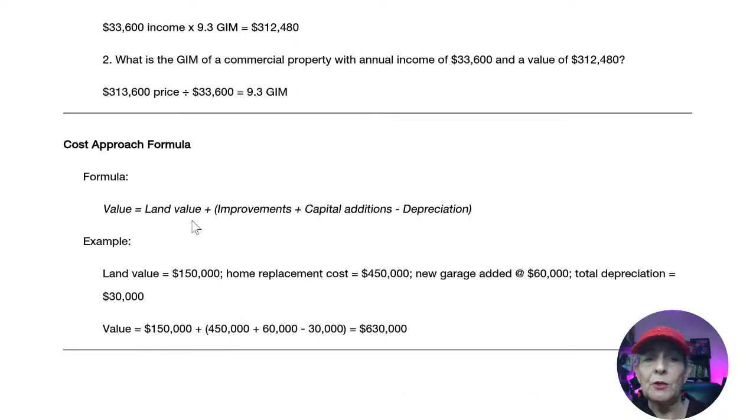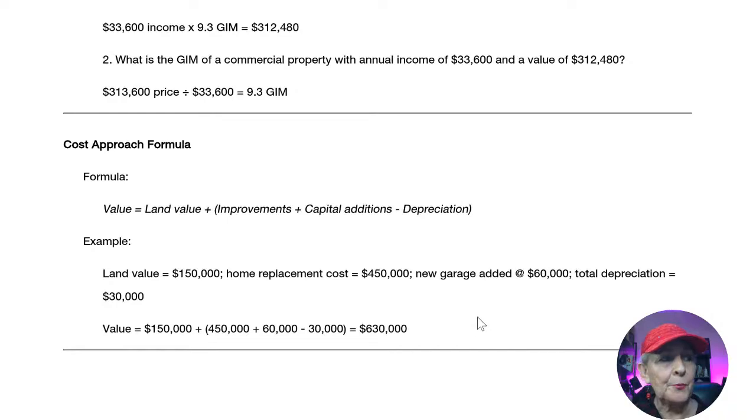So the formula, value equals land value plus improvements plus additions minus depreciation. An example, the land value equals $150,000. The home replacement cost equals $450,000. So if the home were to get completely destroyed, burned down, insurance would pay $450,000. A new garage is added at a price of $60,000. Total depreciation is $30,000. So now put those values into that formula so that we can get what the value